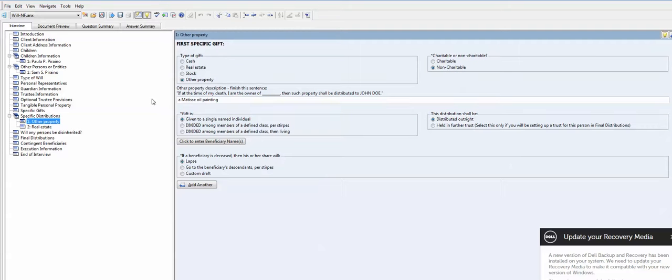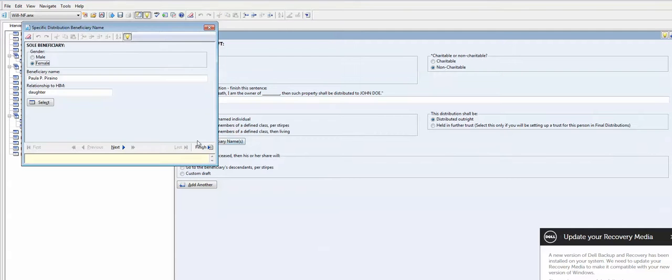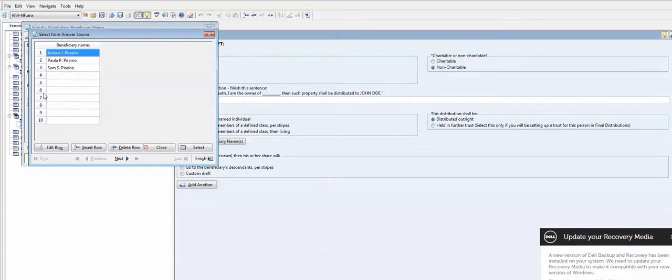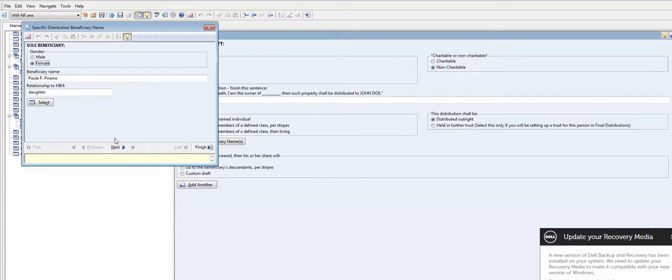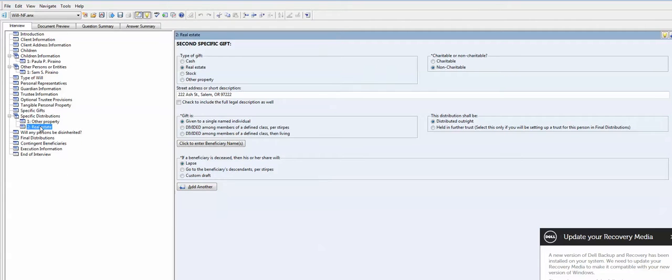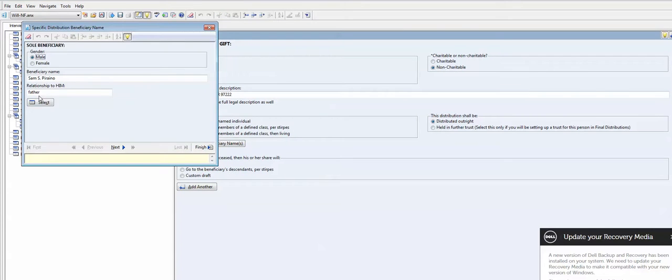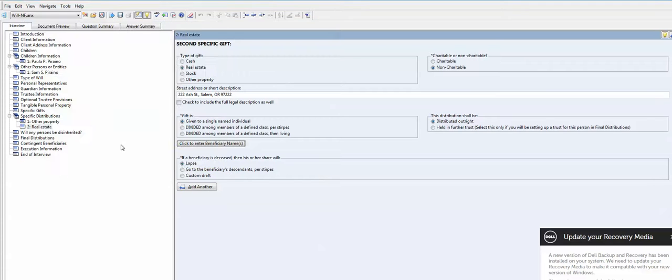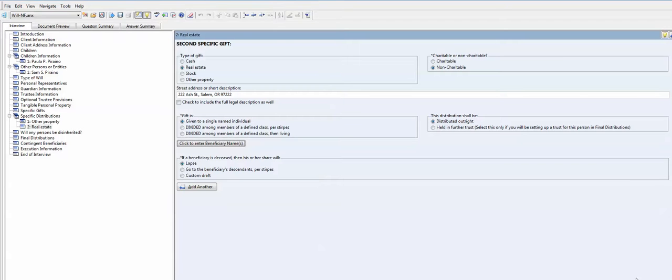In this case, there are specific distributions of other property. It's a Matisse oil painting. It's going to be given to Paula Pirano, and I've selected it from the drop-down list. So she's already been selected. Likewise, on other important people, I've got Sam Pirano. He's on the select list. And for the second gift of real estate, I've got him as the person who's going to get that. So when I finish it,